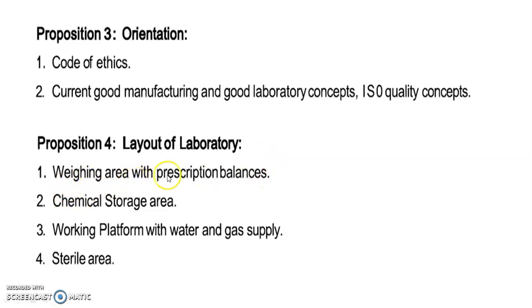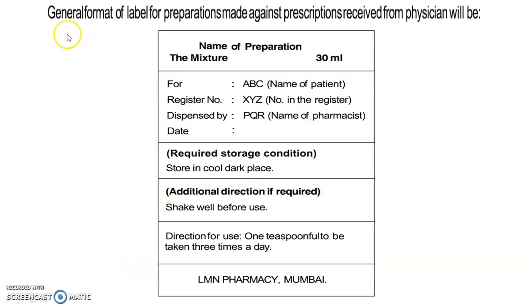It includes weighing area with prescription balances, chemical storage area and working platform with water and gas supply and sterile area. Then we will see the general format of the label for preparations made against the prescriptions received from the physician, which is as follows. First of all, it includes the name of preparation,